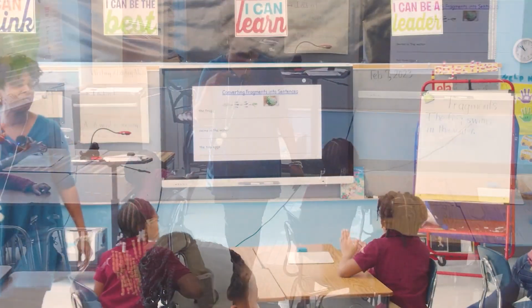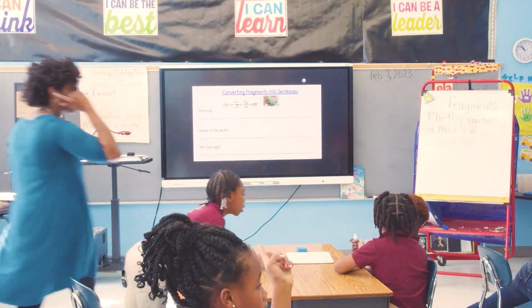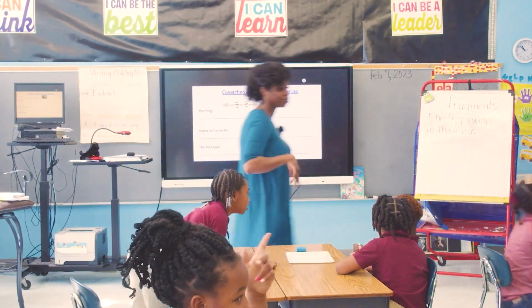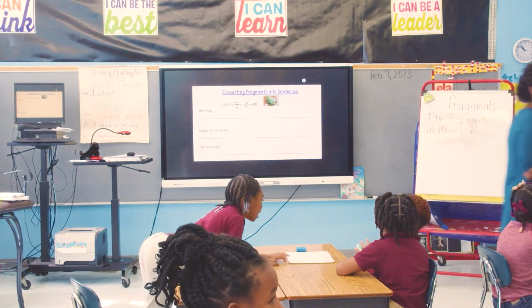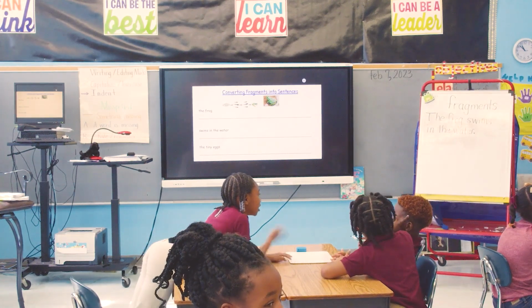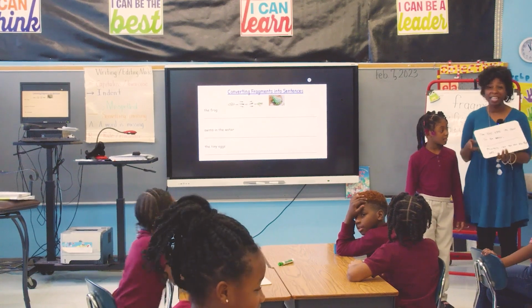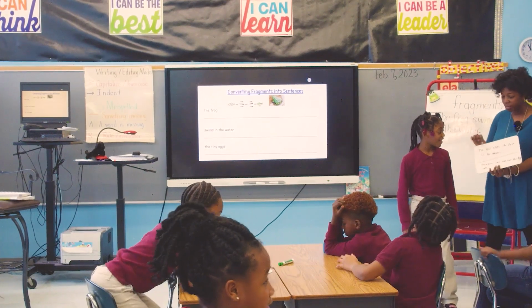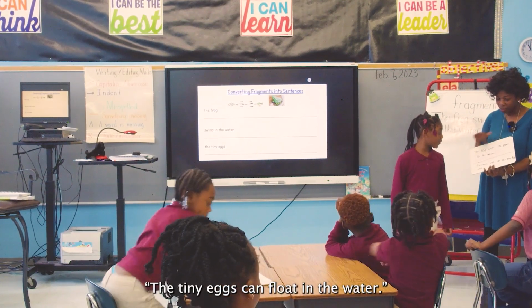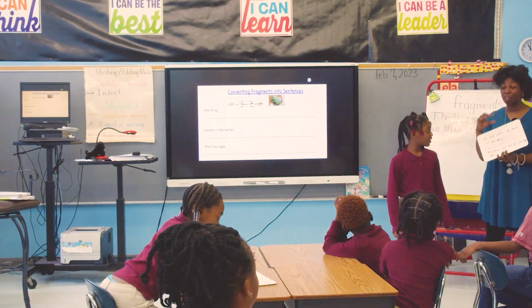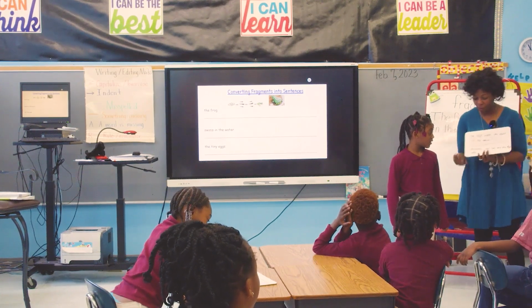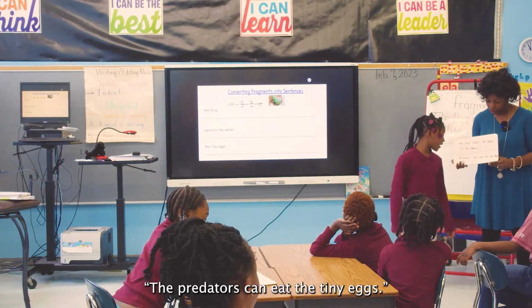So last fragment, let's make this last complete sentence. Give me a sentence about the tiny eggs. Think about the frogs. So I see that Pod 3 has two sentences. So read your first sentence. The tiny eggs can float in the water. And I'm going to read the last one. The predators can eat